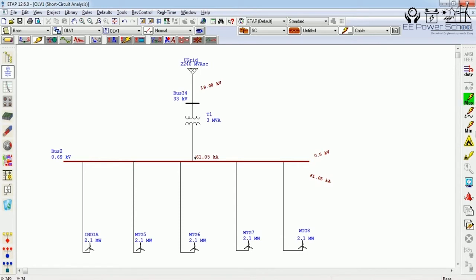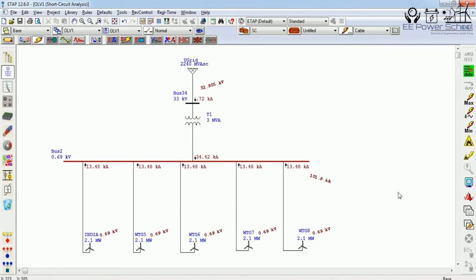This is what we have observed, the range of the short circuit current. Along with this, we have to consider a duty cycle for 3-phase. For every particular branch, it shows the operating voltage after the short circuit has occurred at bus number 2, along with the contribution of the short circuit current and its direction. So 13.48 kiloampere current is contributing from the wind turbine generator, with the arrow direction shown upwards, and from the grid side it is 0.72 kiloampere, which is contributing downwards towards bus number 2. So this is the analysis.